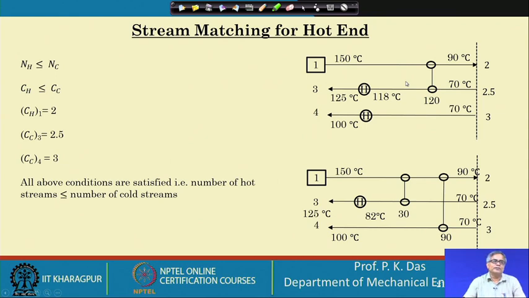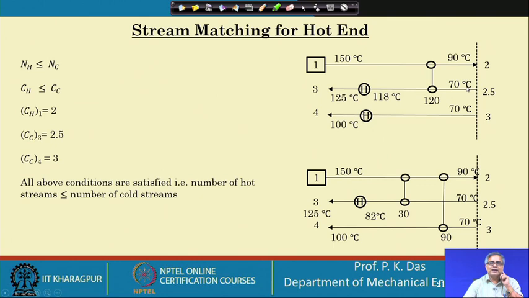What is Teekoff philosophy? Teekoff philosophy is like this, that we will have a match such that at least one stream, its heating or cooling requirement is satisfied. So, let us say 150 degree has to be cooled to 90 degree Celsius. If it has to be totally cooled with the help of a cold stream, then we can see that this stream we have used. How much heat exchange we can calculate simply from the algebra.